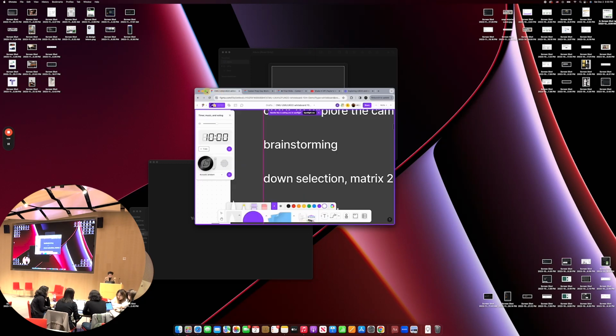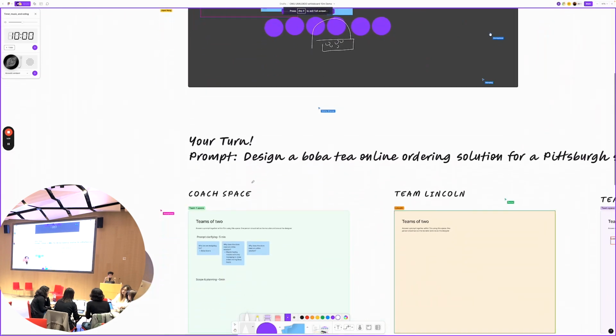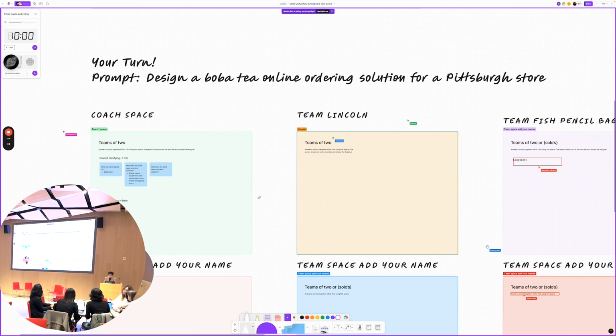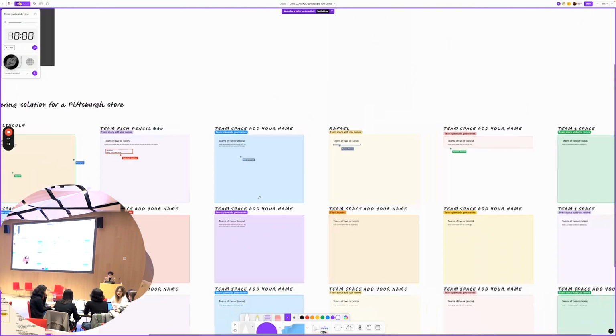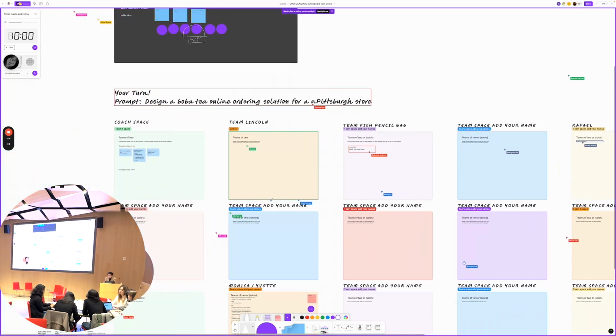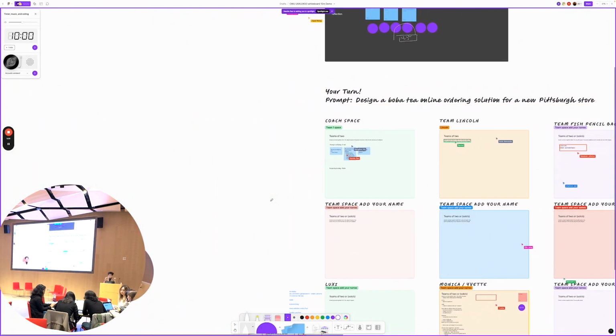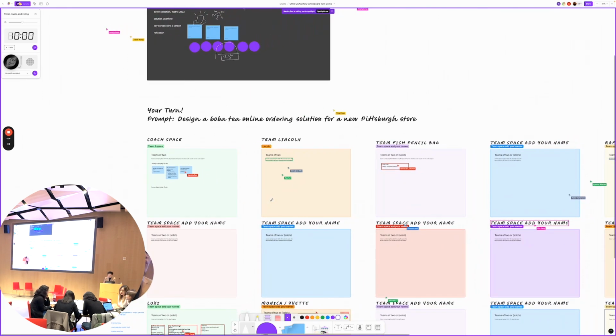So everyone, name your workspace below. We'll all be on this FigJam page. Oh, I see you guys already grabbed some. So everyone work in one space. If you see the space already taken, just leave it. And if you're grouping up in teams of 2, feel free to work in teams of 2. You can basically start whenever.